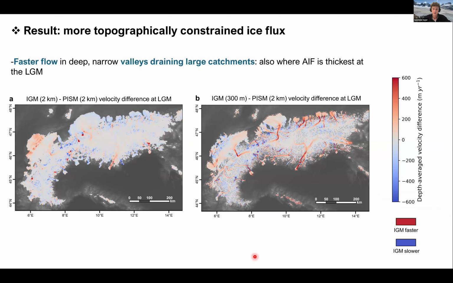And the reason for the thinning and the volume loss is basically shown here. So that's what we think is happening: if you compare IGM and PISM both at 2 kilometers, you end up with a velocity difference that looks like this. So wherever it's red, IGM is faster than PISM, and blue the opposite. And it's not super obvious that you have a speed up or a slowdown. It's pretty homogeneous. However, if you go to 300 meters versus 2 kilometers, so IGM at 300 meters here,